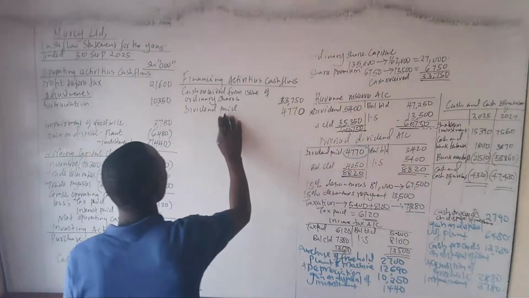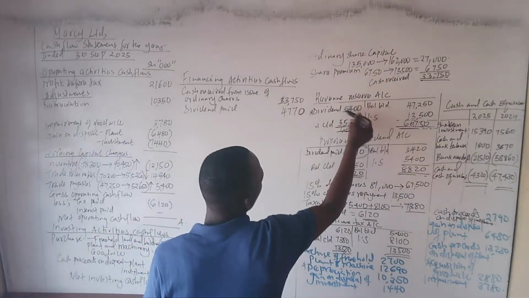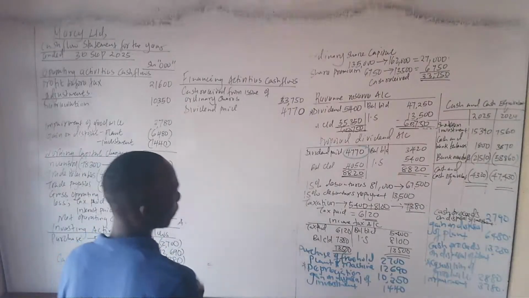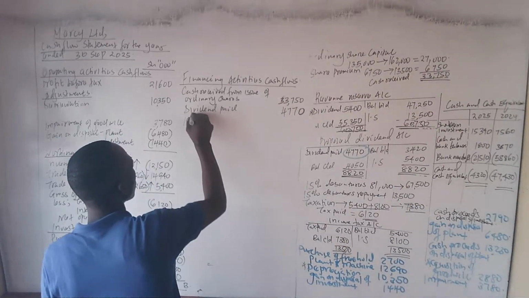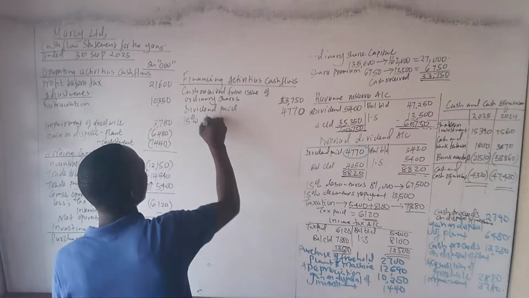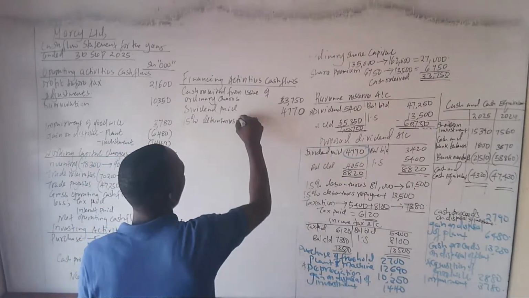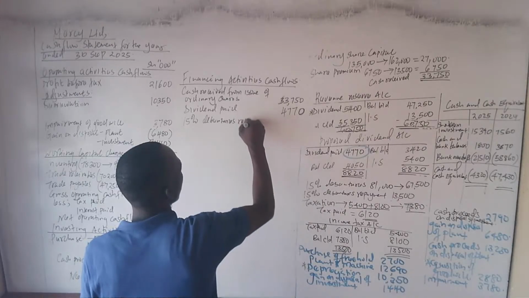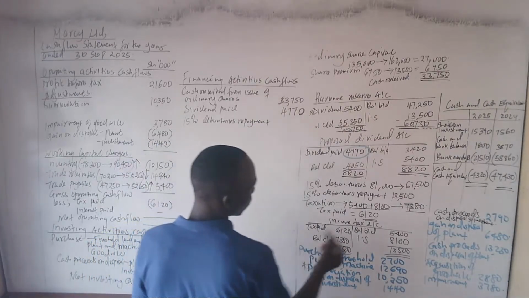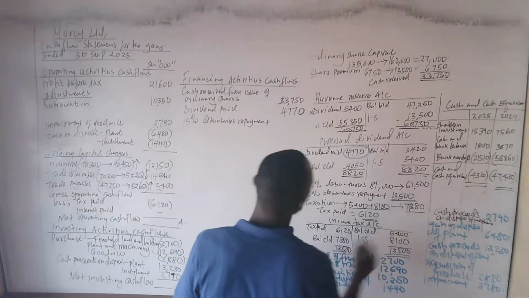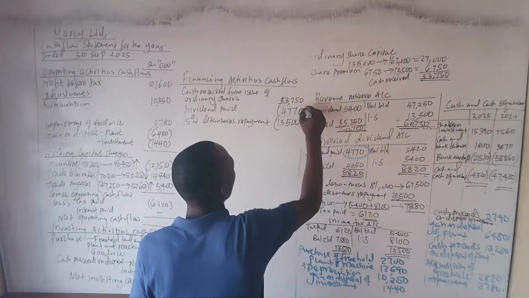Then we proceed with this. We had the dividend paid. This is what was paid. This was what was declared, the full amount. So they never paid the full amount. Then we had 15% what? Debentures. 15% debentures repayment. We paid an amount of how much? We paid an amount of 13,500, and these are outflows.